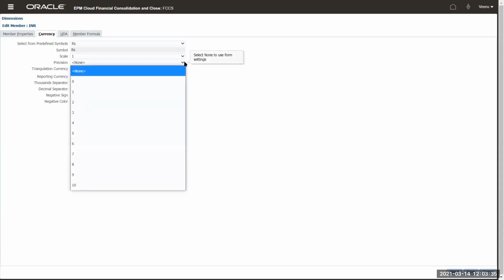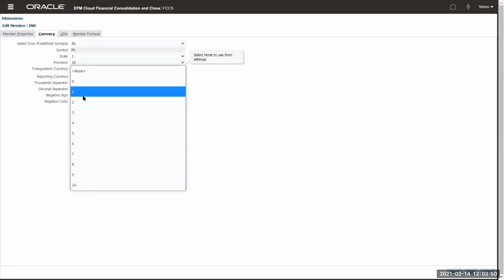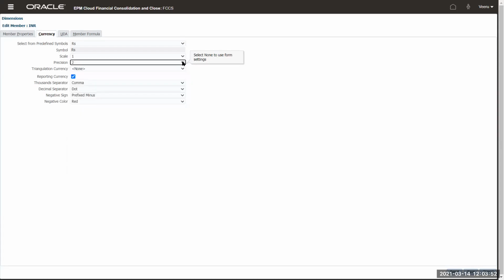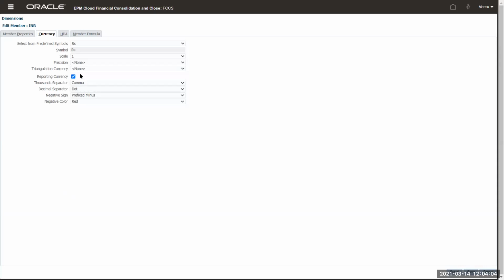Precision is another important thing. I would like to see how many levels of precision I need. It has up to 10 different decimal places. You can choose what decimal places you want, up to 10, or you can say I only want to see 2 decimal places. Or you might just say, I don't want to touch it anymore, I'll manage it when the value comes in my forms. You can actually leave it. Triangulation currency, leave it as none. Don't play around with it. If you want to triangulate to any specific other currency, you can do it or leave it. The remaining settings are here.